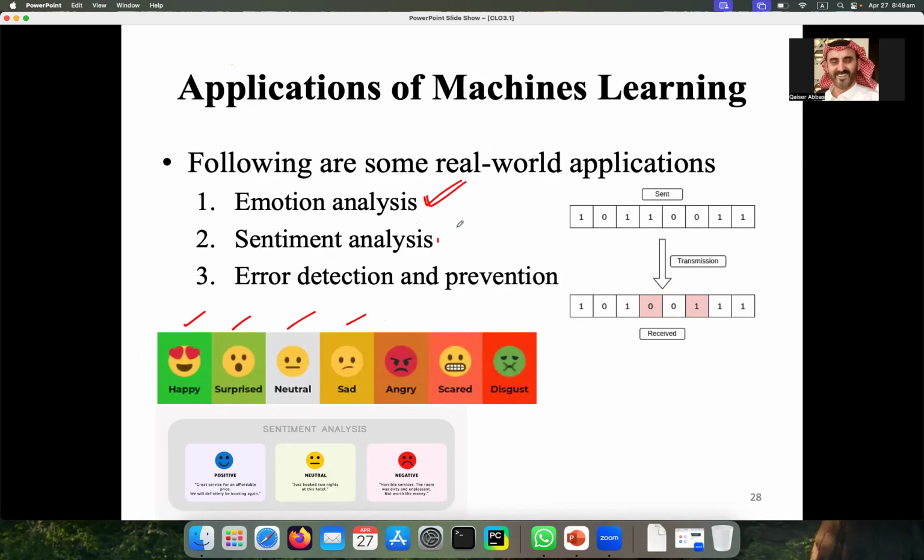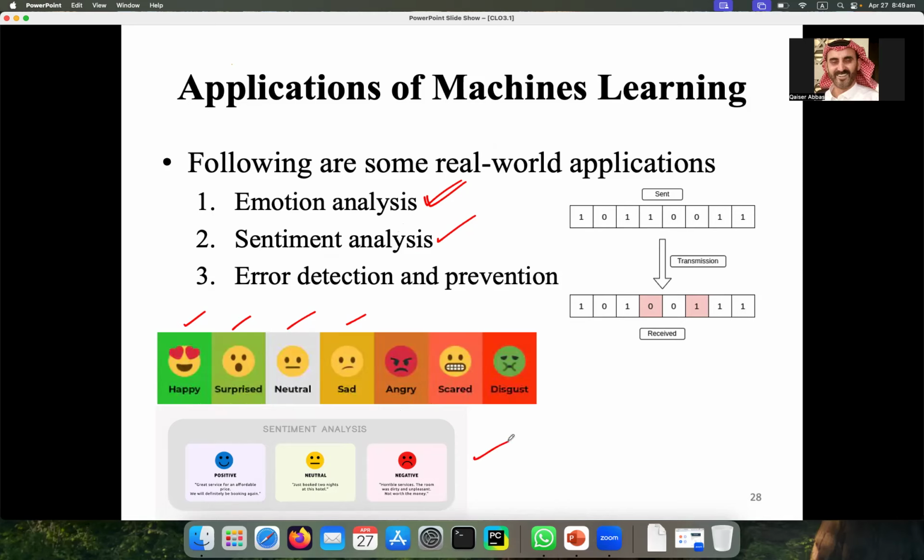Similarly, sentiment analysis. So sentiment normally means comment, opinion, or feeling. In the models in which you are doing sentiment analysis, normally you have 3 or 5 or 7 categories. And one example is given here.